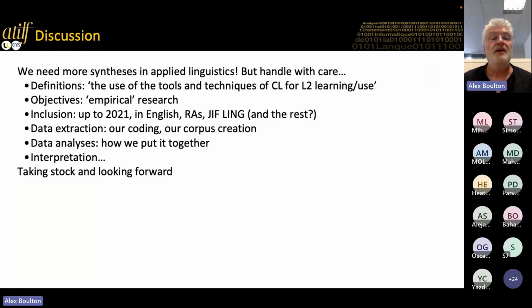Other people wouldn't. The objectives: we were only interested, I say we as Nina, Vietkina and me, in looking at empirical research studies, not ones which are descriptive or give ideas of what you might be able to do. We wanted studies which actually evaluated something. Somebody else would have a different collection. Our inclusion criteria, up to 2021, what about 2022, 2023, advanced access? We're getting there. We only had papers published in English. If you know Arabic, Chinese, Spanish, you might include different papers, you might get different results. We only have research articles.